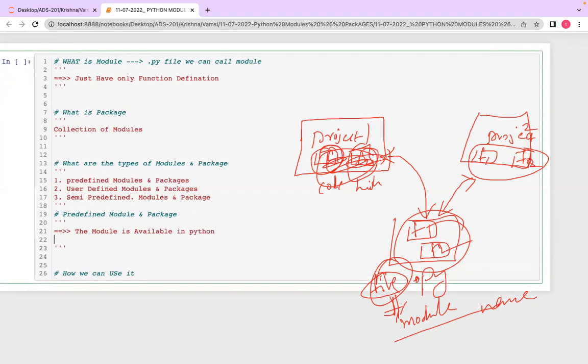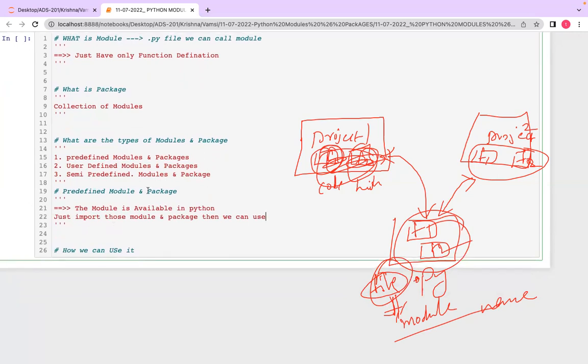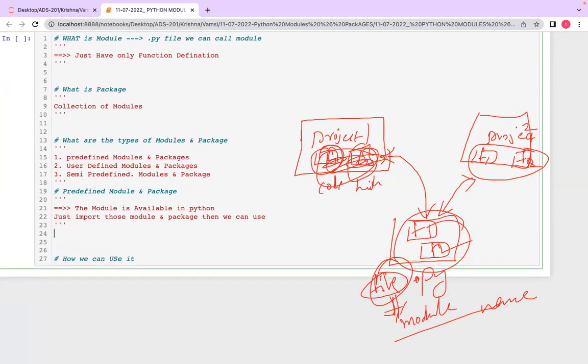So you just need to import it, without any installation or execution. Just import those models into the program and we can use them. That's the only task actually. These models are already available in Python, so we just import and use them.